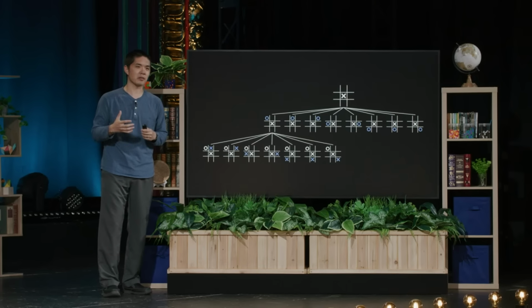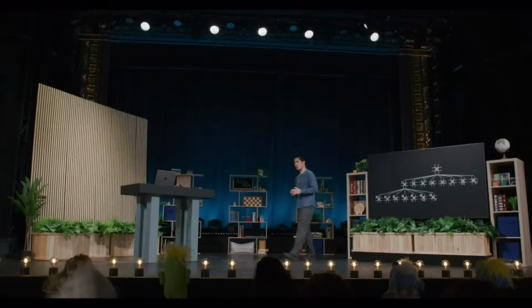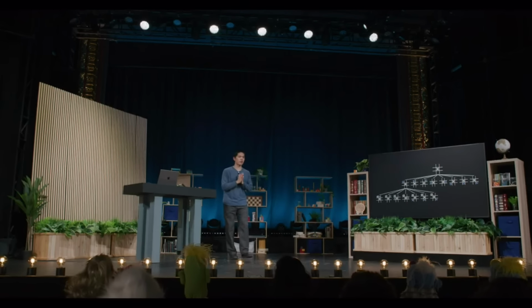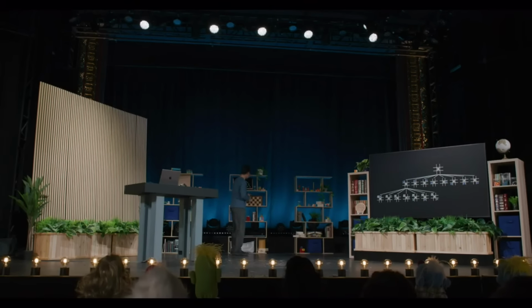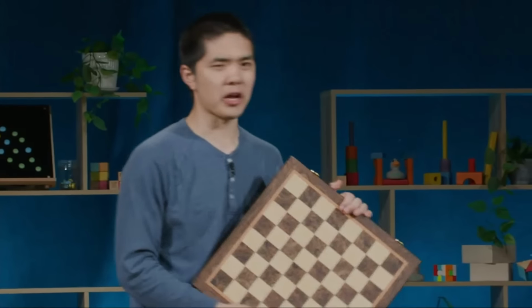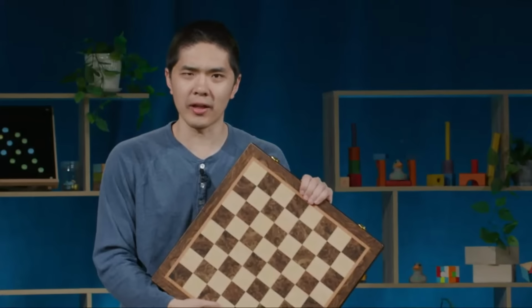But it turns out we run into some challenges as we get into games that are a little bit more complicated, that are more complex, that have more different possibilities for ways that the game might go. For example, we could consider a game like chess, a much more complicated game, many more possibilities for how a game of chess might go, and consider what it might look like to play a game of chess, and what we have to think about when getting an AI to be able to play a game like chess too.